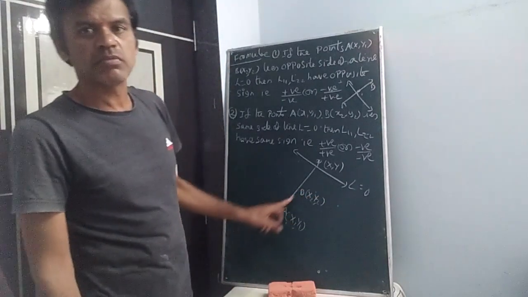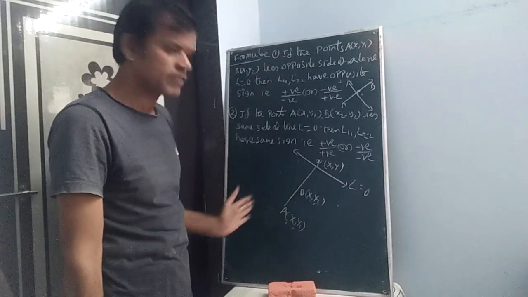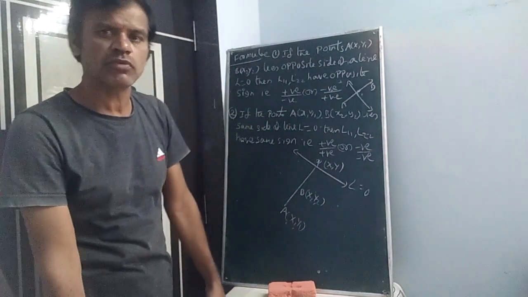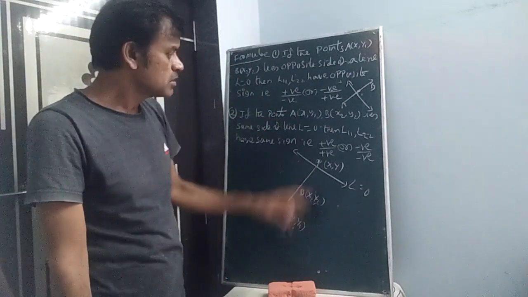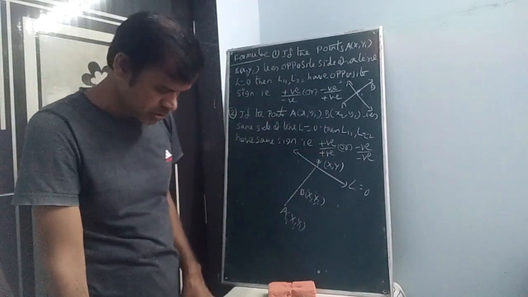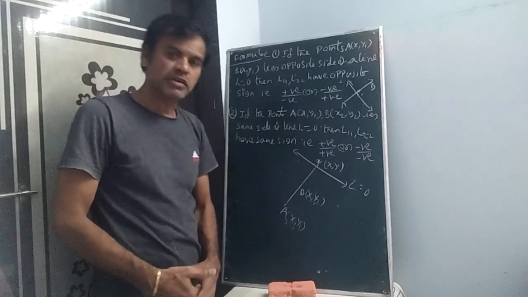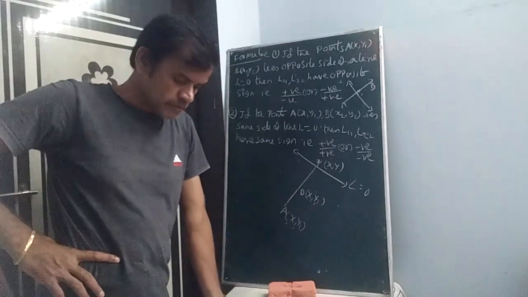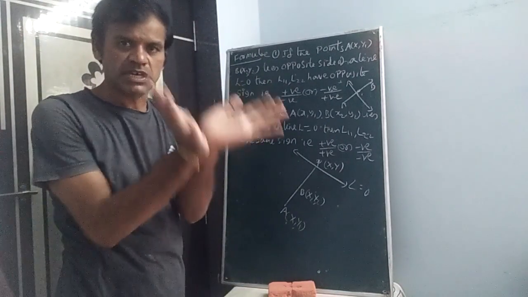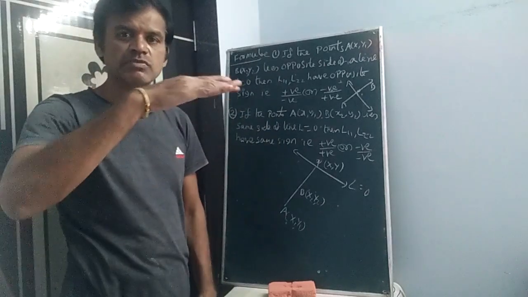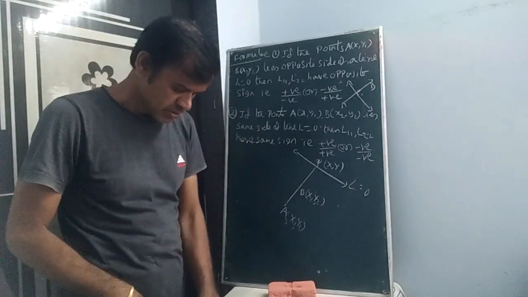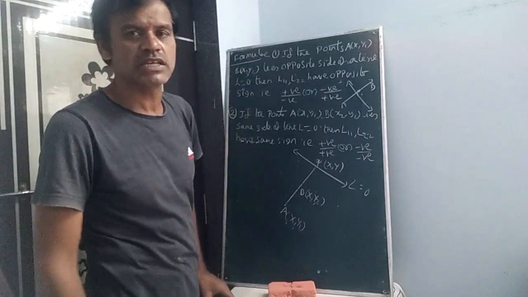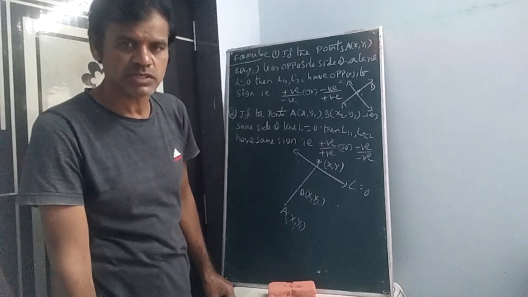If A x1 comma y1 and B x2 comma y2 lie on the same side, left side or right side, then the ratio formula is minus L11 is to L22, but the signs are positive by positive or negative by negative. If L11 and L22 have opposite sign, then the points are on opposite sides. If L11 and L22 have the same sign, then the points are on the same side. Same side, same sign. Sign means a symbol, plus by plus or minus by minus.